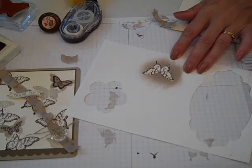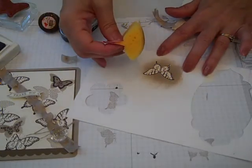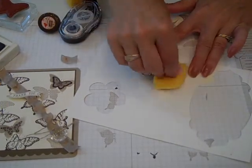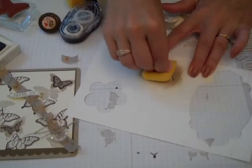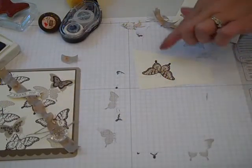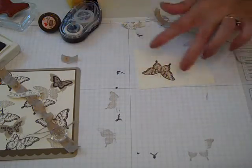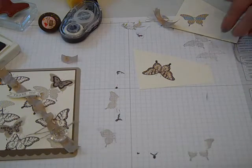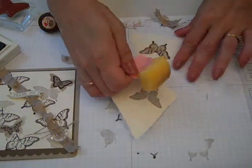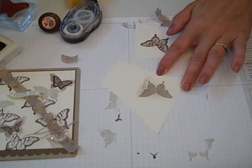And my dauber. Or not my dauber. See, I'm so used to daubers. My sponges, and get that up in there. Okay, too cute. That'll get the color right where you want it. And you could come in and do that with a lot of different colors and really make that super duper pretty. Going to do the same thing on this one,